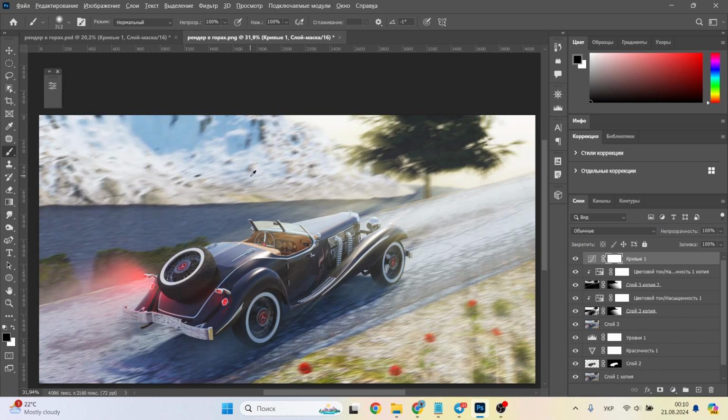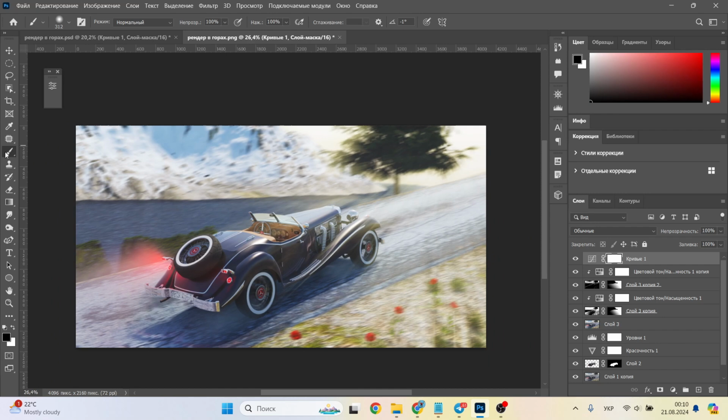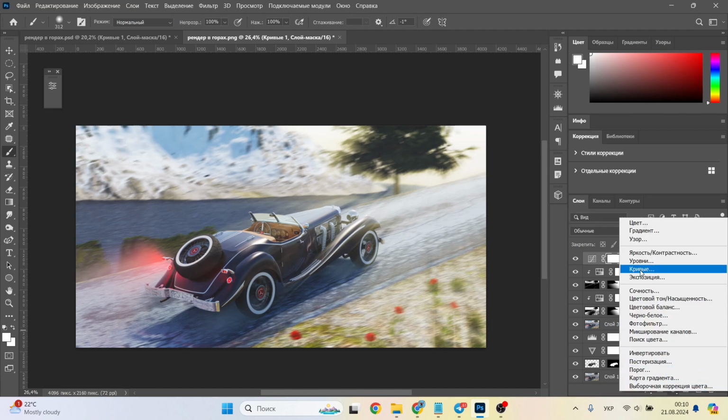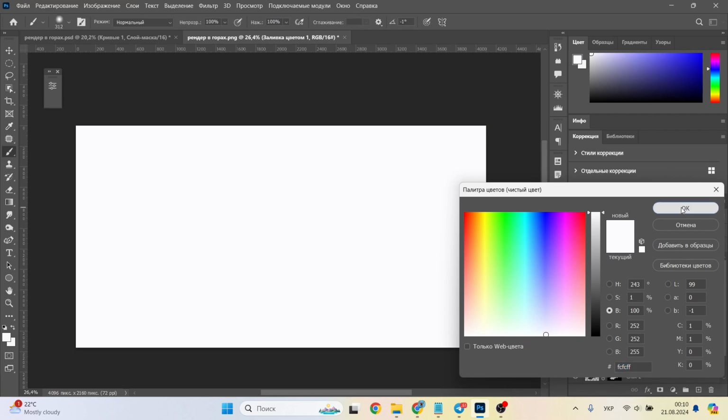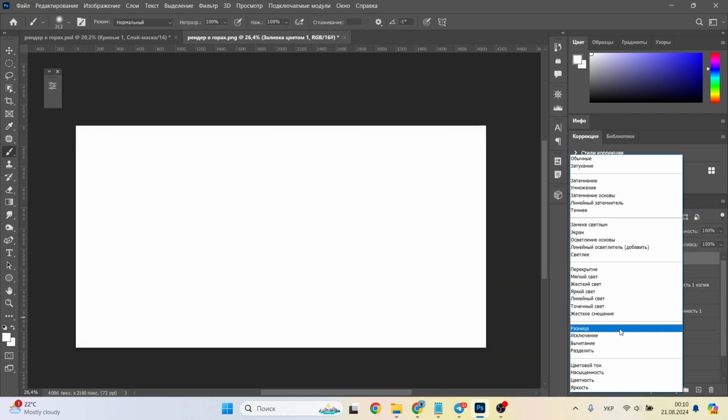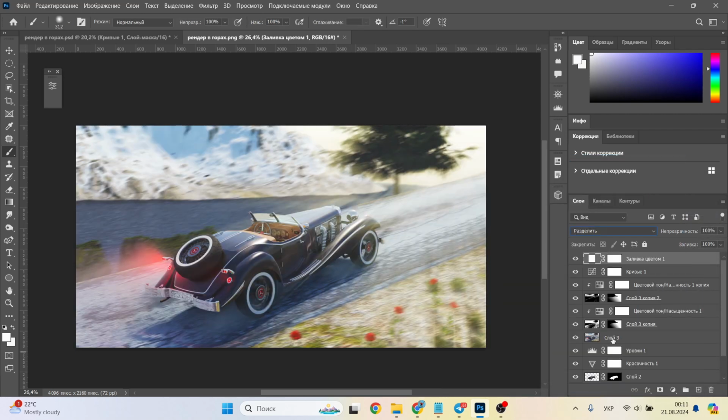Use an eyedropper to take a sample from the whitest color that is in the image. We put a new layer using this color and switch it to the divide mode. In this case, this method worked very poorly, since our image had a good balance. Also we can go to filter and then camera raw and adjust some settings there.